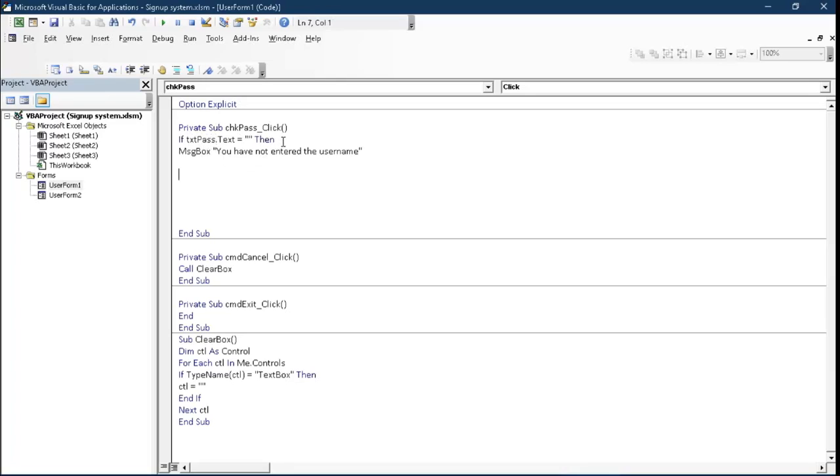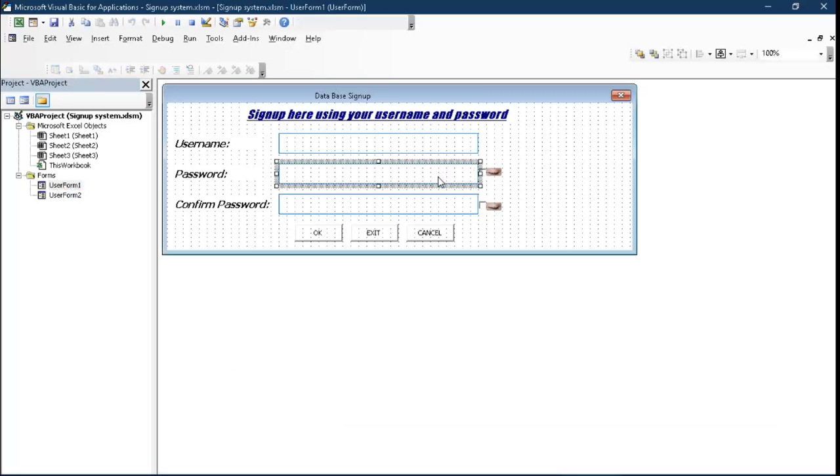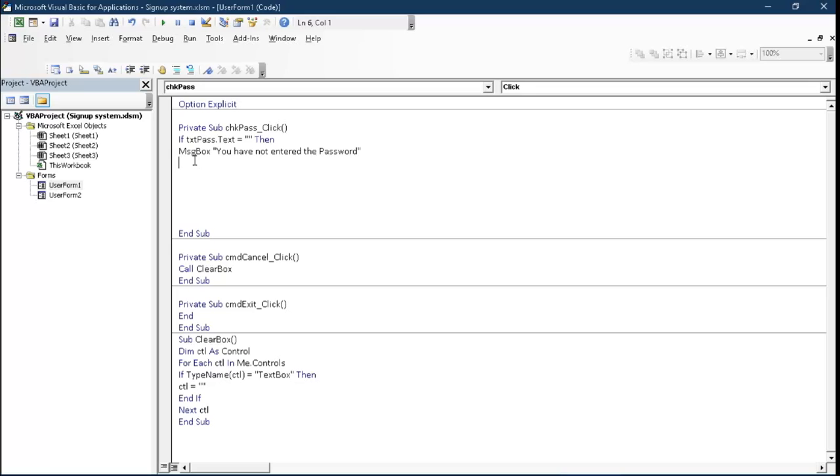So you have not entered the password. So that is controlling this text box, so that is for password. So then we say else if checkbox pass dot value is equal to true, or that is to false, then